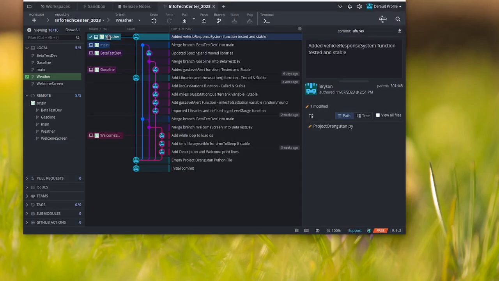The commits we have in our weather program: added vehicle response, which is what we looked at. What was that list of elif and if statements? And then where else we have? We added libraries. We saw that too. And then we also,